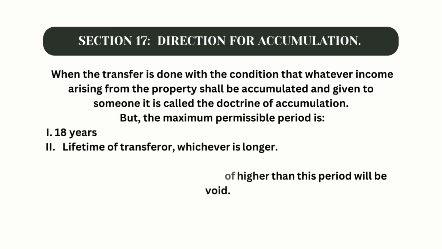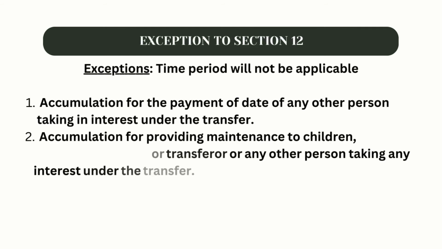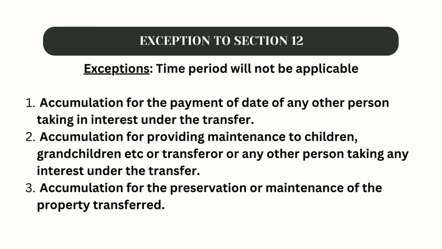Section 17, direction for accumulation. When the transfer is done with the condition that whatever income arises from the property shall be accumulated and given to someone, it is called the doctrine of accumulation. But the maximum permissible period is 18 years. Secondly, lifetime of transferor, whichever is longer. Any direction for accumulation for a period higher than this will be void. Exceptions to this rule, where the time period will not be applicable: